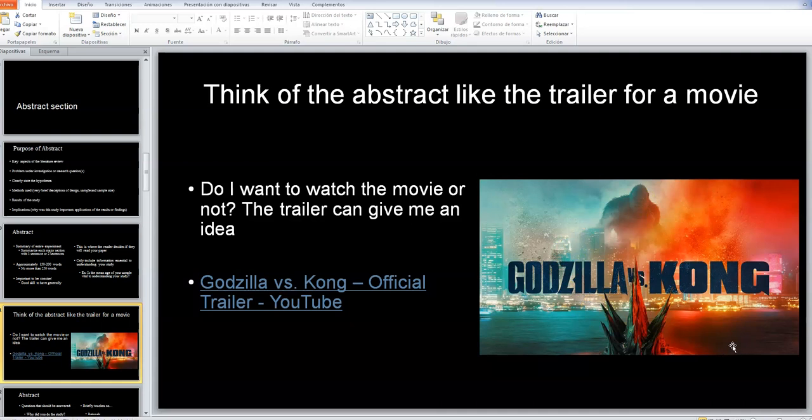when you see a trailer for a movie, if you like movies, when you see the trailer of a movie, it will give you an idea for what the movie will be about. If you just watch the trailer, you don't feel like you watched the whole movie, and that's the whole point of it. It's supposed to like lure you in to see whether you're gonna watch the movie or not. So the abstract is the same thing. It's supposed to give you a little bit of information so the reader says, well, I think it's worth it for me to actually read the rest of the article.